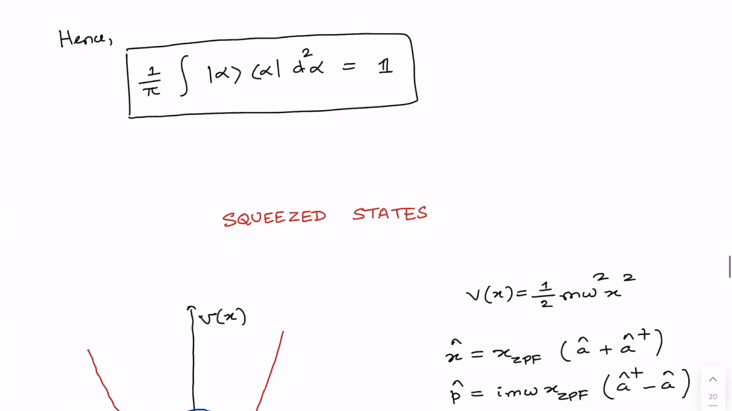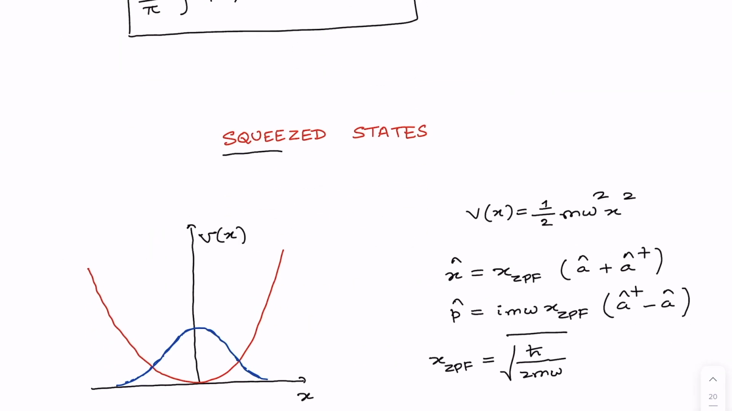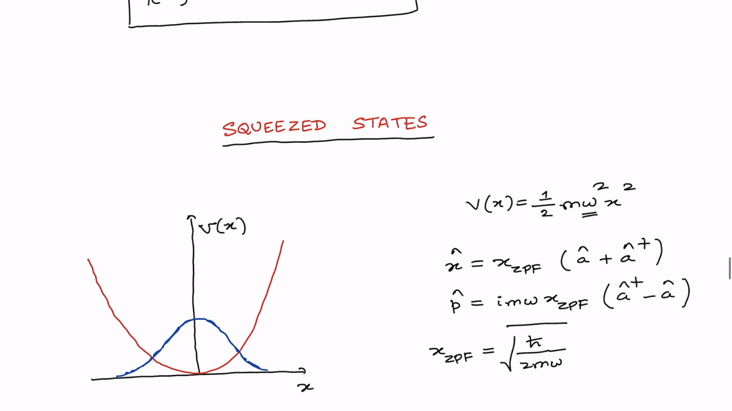Now let us discuss squeezed states. To discuss it, let us consider the ground state of a harmonic oscillator. So here I have plotted the harmonic potential, and this harmonic oscillator has the oscillator frequency omega, and one can write the position operator and momentum operator of